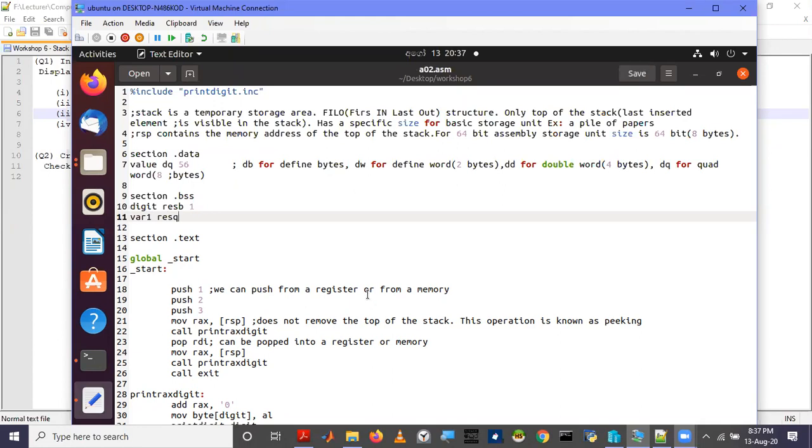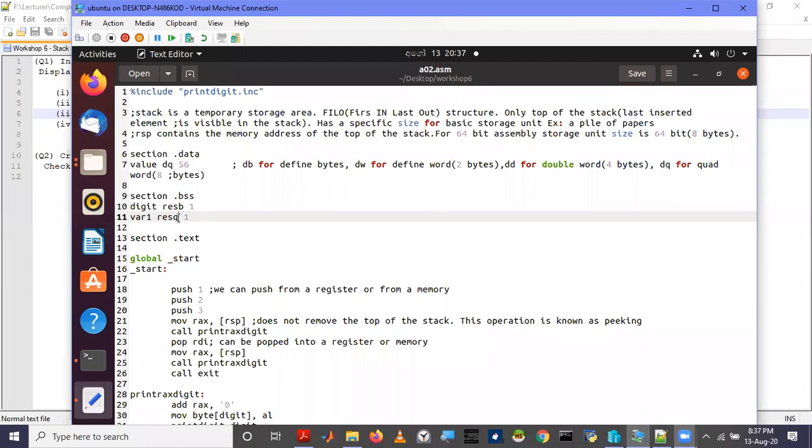So we can use RESQ for that, meaning its size is a quad word. One quad word is 8 bytes, or else you can use RESB 8, reserve 8 bytes, or one quad word. Both are equivalent.